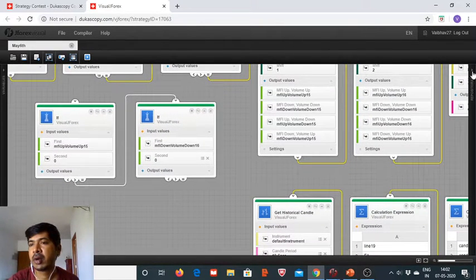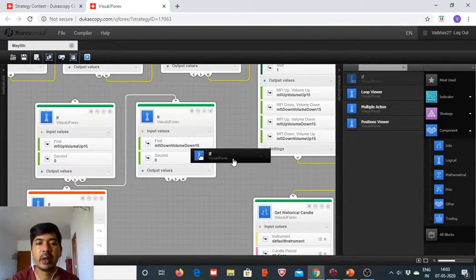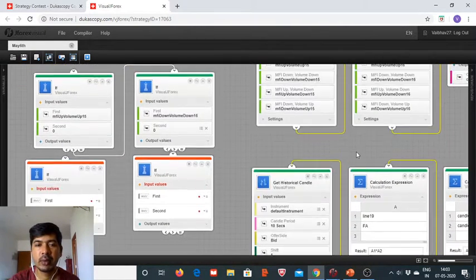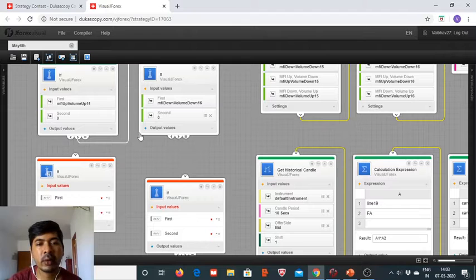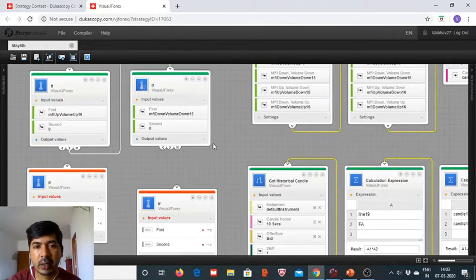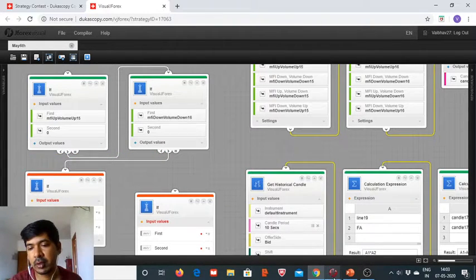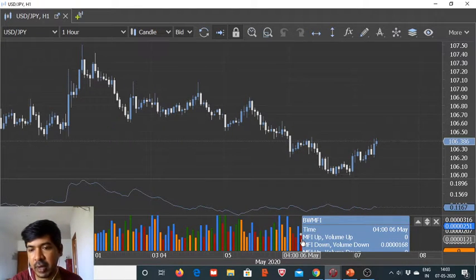And then we turn our attention to the historical candles, closing levels, and I think we will now need to join this and then see to it that the volatility is there, as we have done a lot of calculations as well. Here above 0. Okay, I will show to you on the chart as well. So here the MFI down, volume down is above 0, and as you can see,